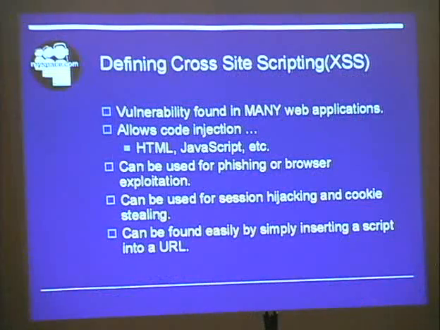Cross-site scripting is basically a vulnerability that can be found in very, very many web applications. It's very common in tons of places. Basically what it does is it allows code injection of various sorts, HTML, JavaScript, you can do PHP, anything you need to into it, and you can encode it into hex or Unicode or anything like that to actually put it in and execute it. It can be used for phishing or browser exploitation, as in you can actually sometimes execute arbitrary code that would crash a browser, and then you can't really do too much beyond that. I'm sure there are ways to do it, but then obviously phishing, that's a big thing.